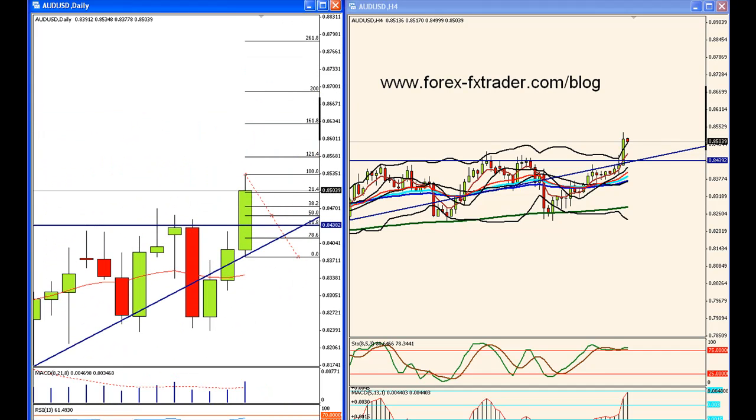But standard procedure for me will be I will look for either a 50% retrace to the 84.54, let's say 84.60 area, or to come back to the previous resistance. But for the sake of 10-20 pips, I really want to be looking in this area here for a long. And I would look to go long, say, in the region of 84.65, and my stop would only need to be down here,